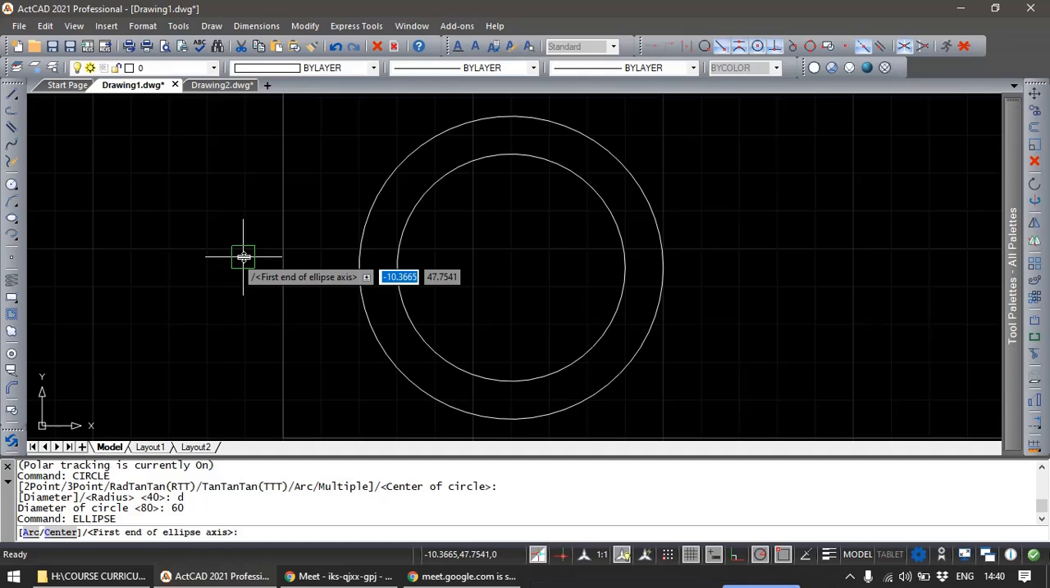Now you may know that an ellipse generally has two foci. We have drawn that in our engineering drawing class. So when there is an ellipse,